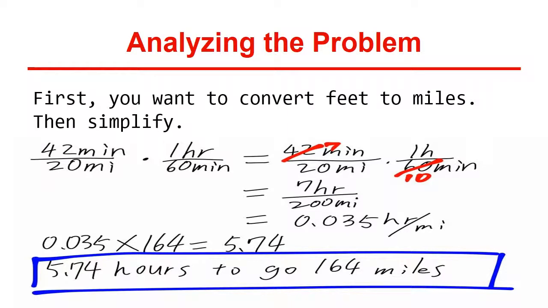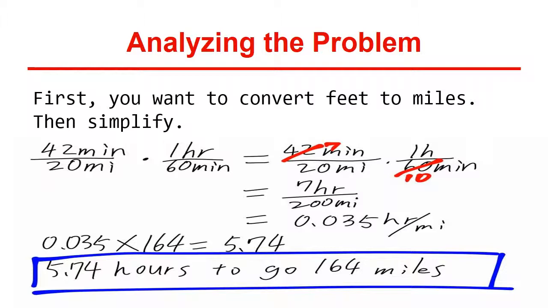First, you want to convert minutes to hours. Then simplify. 42 minutes over 20 miles times 1 hour over 60 minutes, simplify and cross out the common units, equals 7 hours over 200 miles, equals